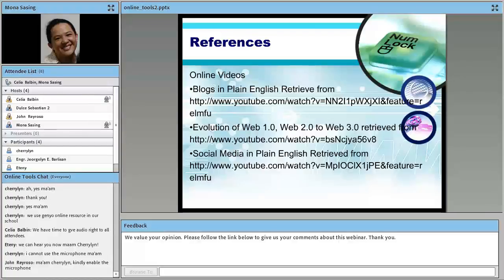Then you can also adjust the microphone volume later. You have to select your microphone first. Okay, we can hear you now, ma'am.